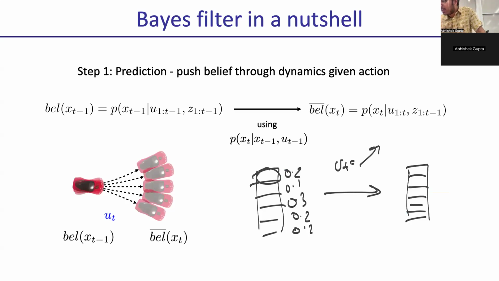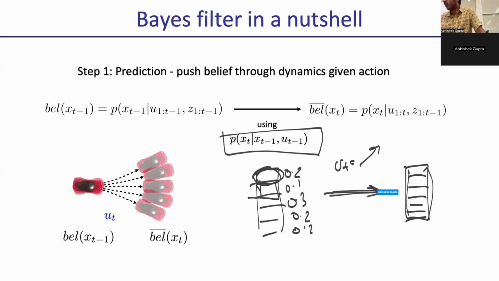So you say, imagine that I was perfectly at this particular x_{t-1}, then what is the likelihood of my future x_t, right? And so this gives me some likelihood over future things. And then if I was at this one, what is the future likelihood that I would be in these different states? If I was in this one, what is the future likelihood that I would be in these different states? And then I sum them up, right?